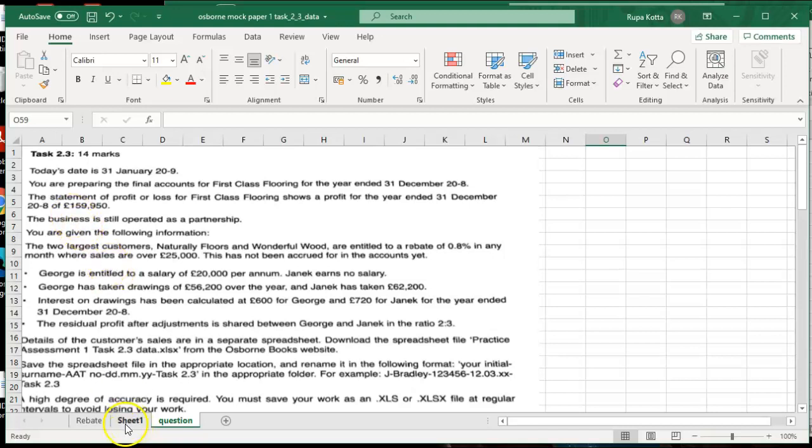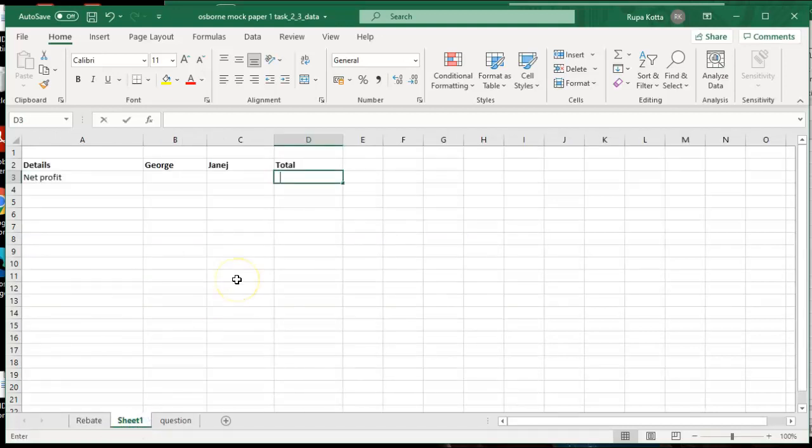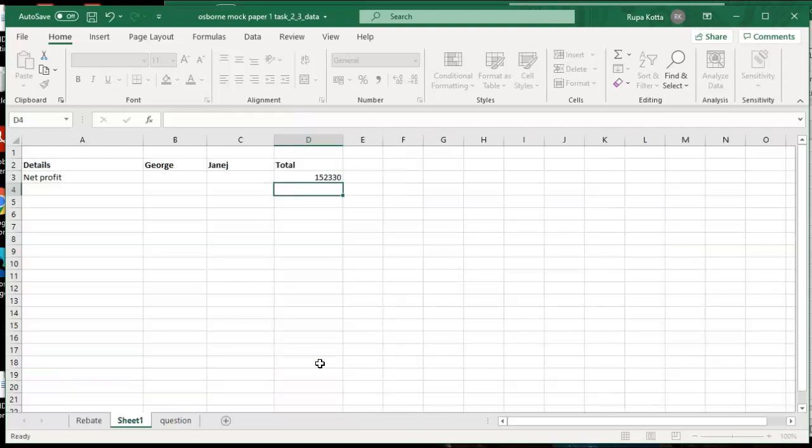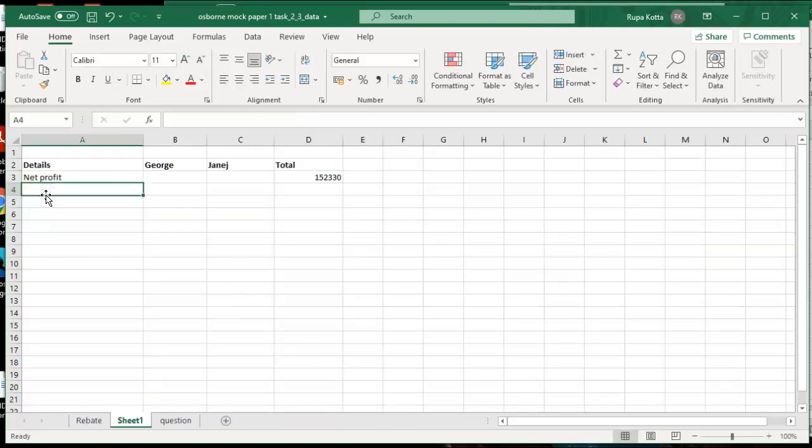So profit is 159,950, equal to 159,950 minus these two rebate figures for Naturally Woods and the rebate for Wonderful Wood. These are the two customers to whom you give the rebate. So when you give the rebates, the revenue is decreasing. After the profit, show